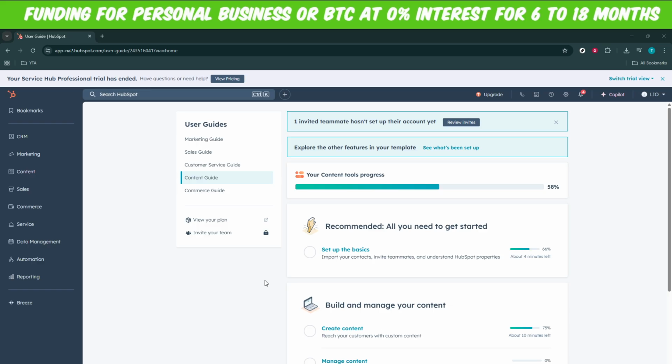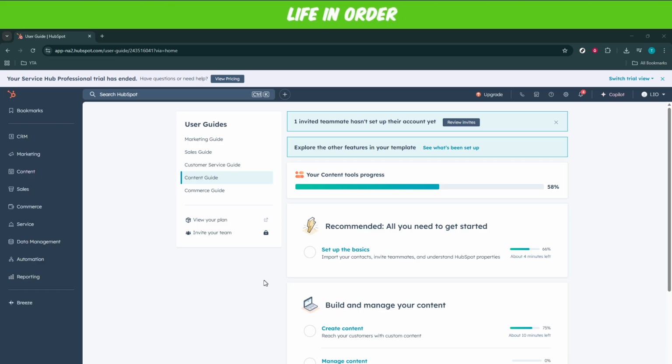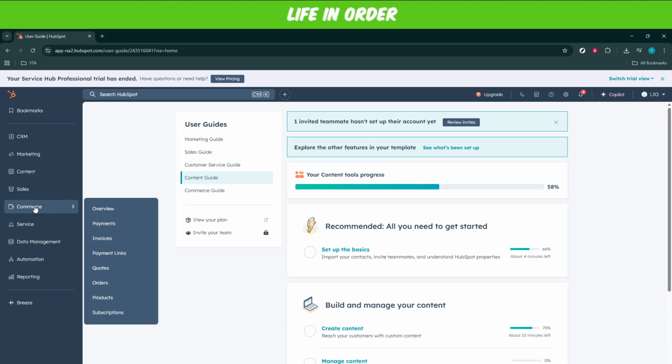After you're in the User Guide section of HubSpot, your next step is to click on Commerce. This is where you manage all your business transactions and related financial information. You'll find the Commerce option neatly laid out in the navigation menu. Go ahead and click on it. This will direct you to a section dedicated to all commerce-related activities, making it a breeze to manage sales and